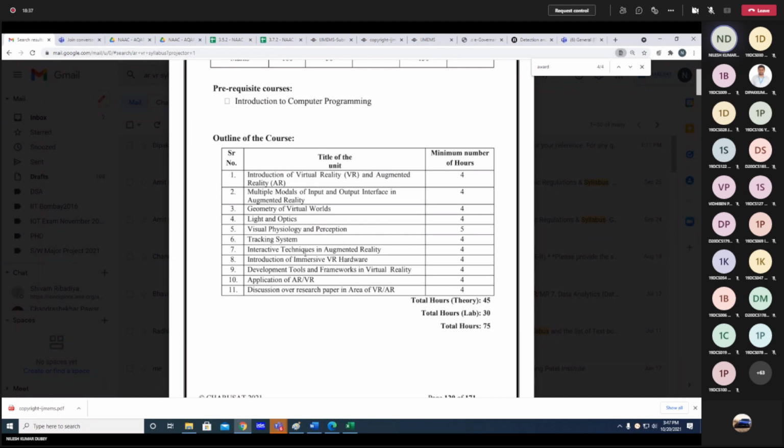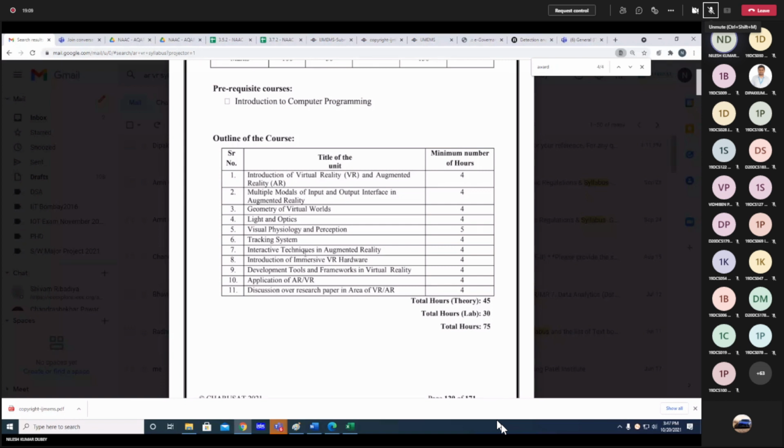And what are the input devices and how do those input devices work? Suppose I need to use a VR box. What does the VR box do significantly so that we are able to get the AR or VR feeling while interacting with the application? That will be learned in the theoretical part. And if you go to the laboratory part, what we will learn there is that we will use tools: Blender, Unity 3D, and A-Frame.